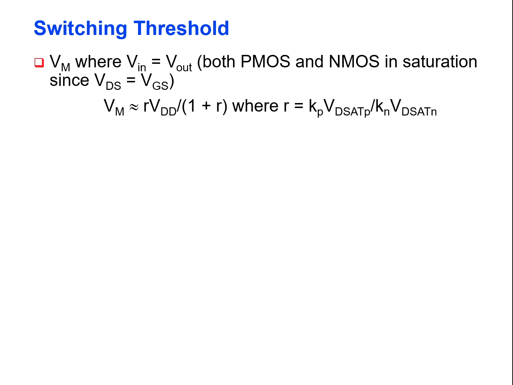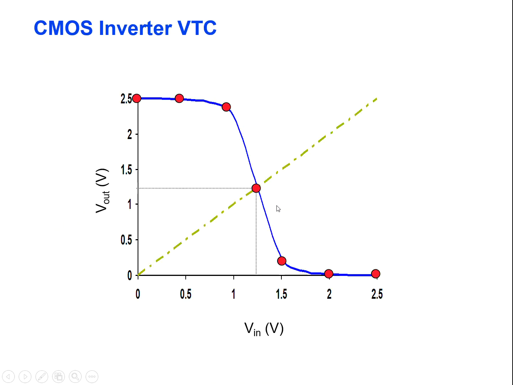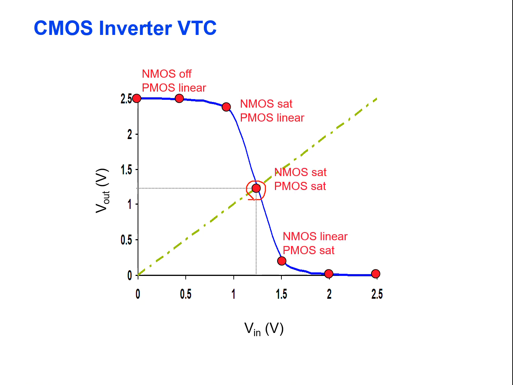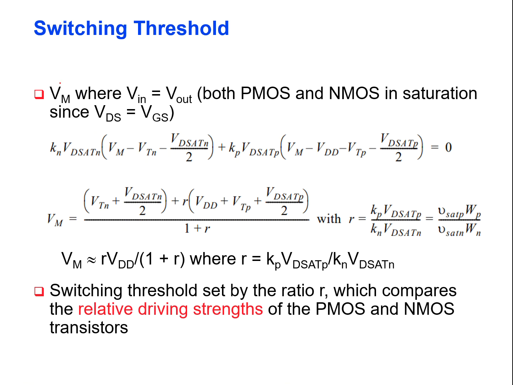Okay. And if you consider the switching threshold, see, in the transfer characteristics, this middle voltage is the switching threshold. At this midpoint, what would be your threshold? In this case, both your PMOS and NMOS are in saturation, right? And that voltage is the middle voltage. At that time your V in and V out are the same.